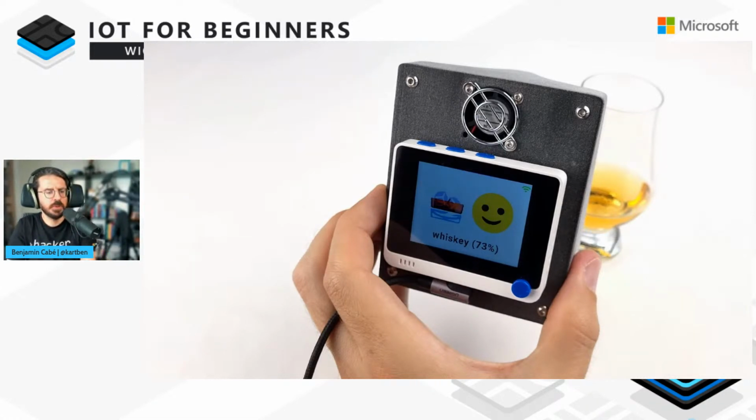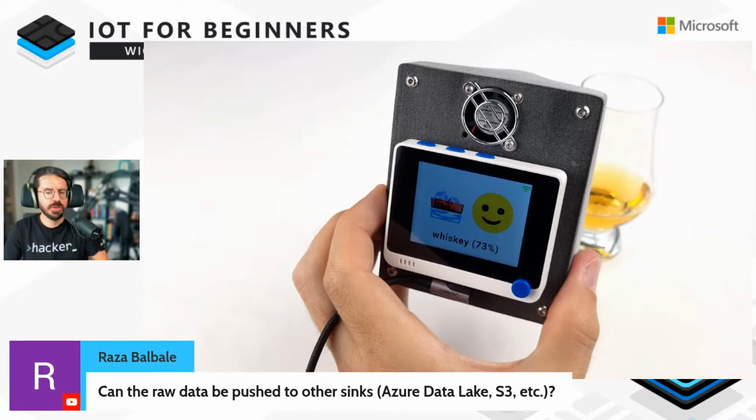There's a question, I think, from someone on whether the raw data that we get from the device can be pushed to other things. Yes, it can, and that's actually where IoT comes into play. And that's why you see on the device this wireless communication icon here. I ended up connecting the device to the internet, to the cloud, to Internet of Things platforms,